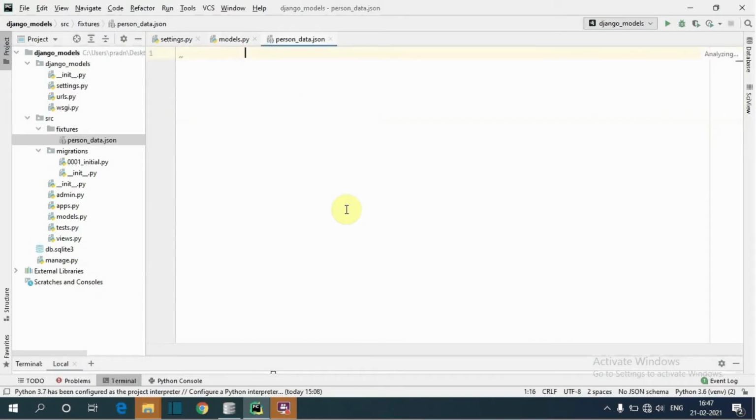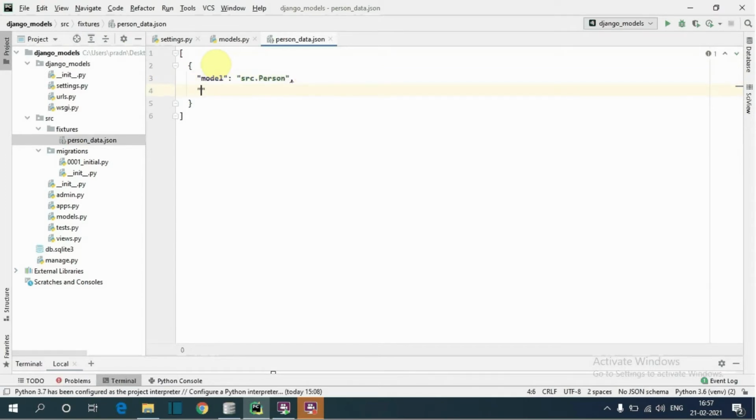Here we are going to specify a list of JSON objects of data. So in the list of JSON objects, that is curly brace, then model colon. Here we will specify the model in which we are going to insert the data, that is first src, the app name, dot person, that is the Person model.